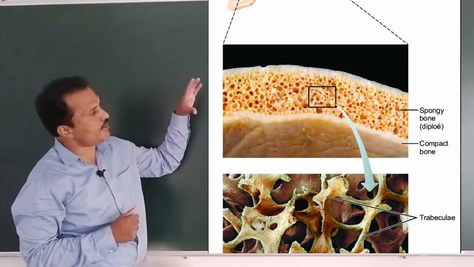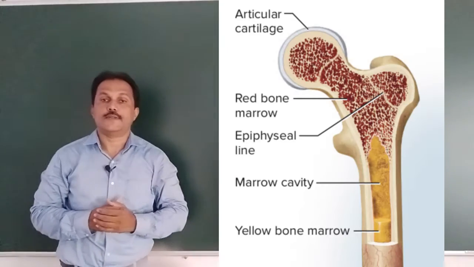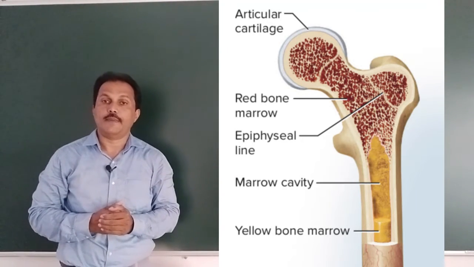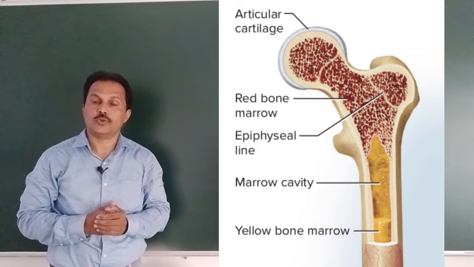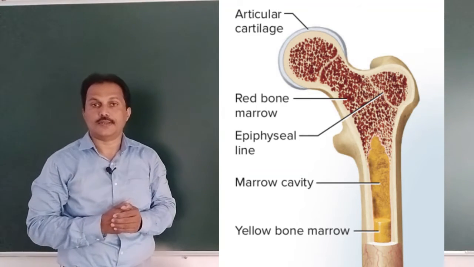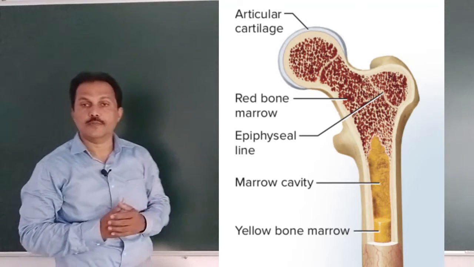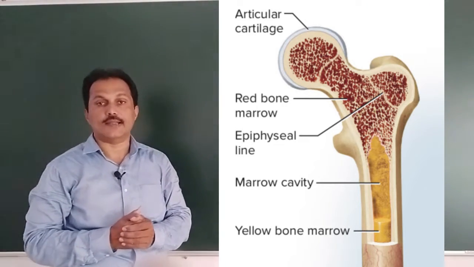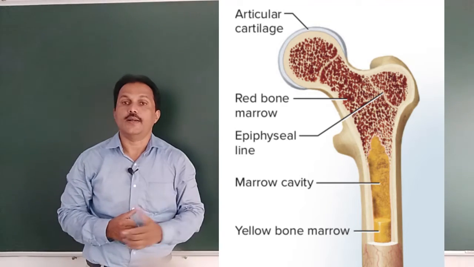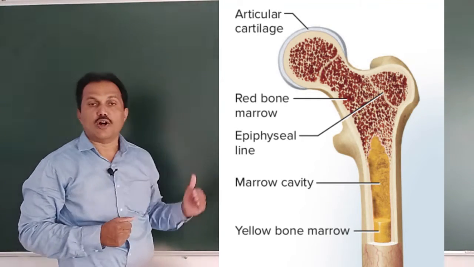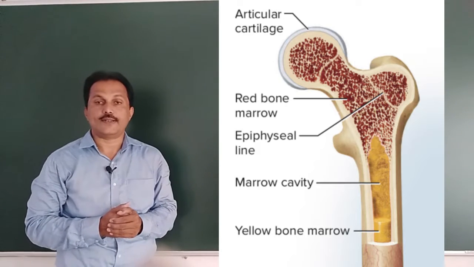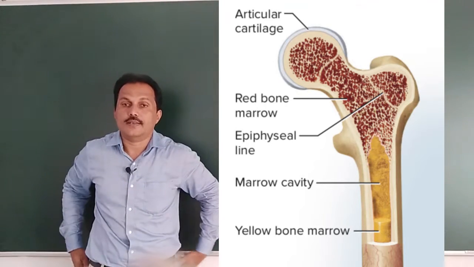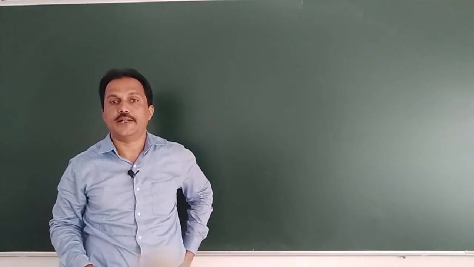I am talking about the head region. It is filled with bone marrow, and bone marrow acts as a hematopoietic source of blood cells. RBCs and WBCs are formed at this particular point. Hemopoiesis, the formation of blood cells, takes place in the red bone marrow. I am talking about the long bones. Generally, red bone marrow is also present in the flat bones of the ribs or the hip region. In all flat bones, you will find red bone marrow.